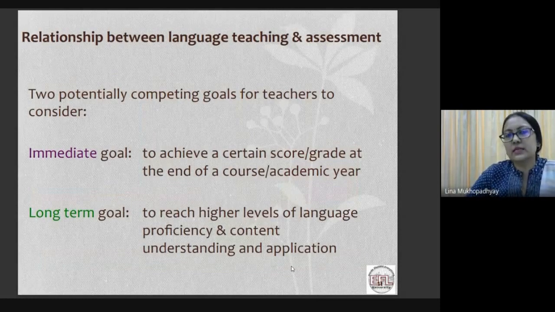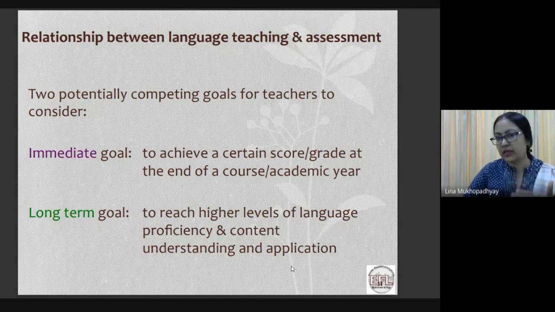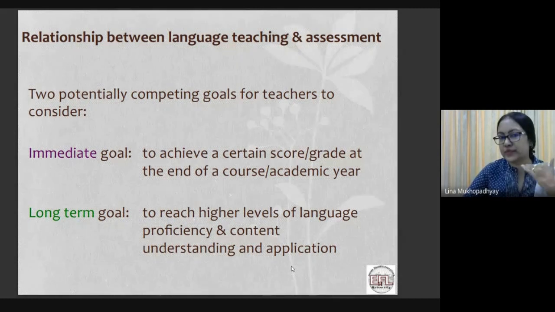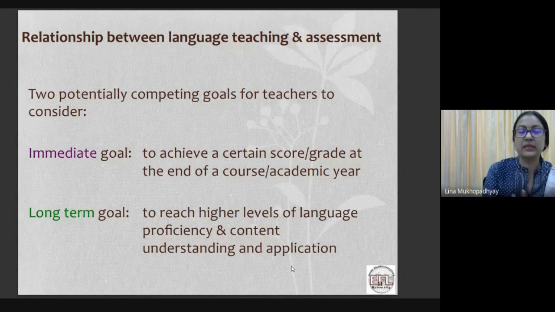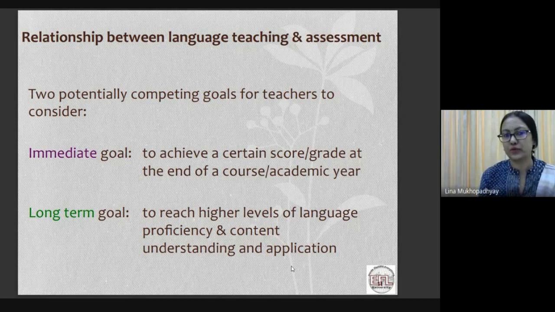Right. So teachers are always confronted with two potentially competing goals. One is the immediate goal, where the learner should reach at the end of an academic year, at the end of a course, at the end of a semester. So helping the learners attain a certain score or grade, which indicates the ability level of the learner at that point in time. That's the immediate goal that teachers are confronted with. However,